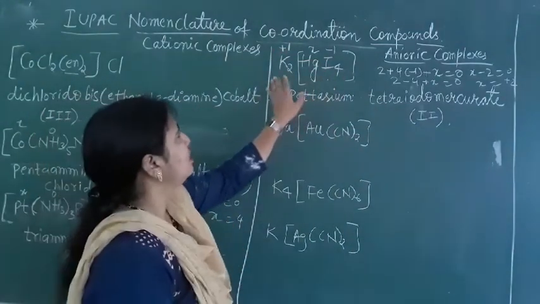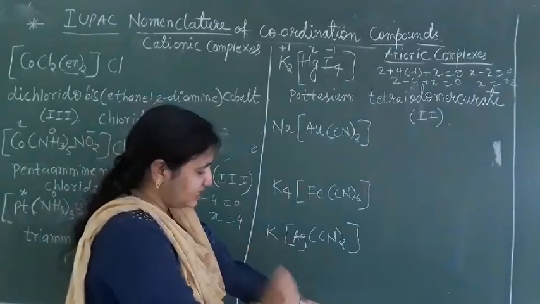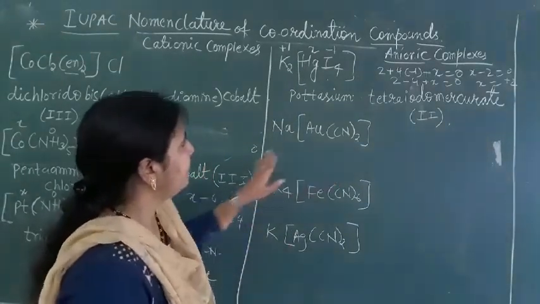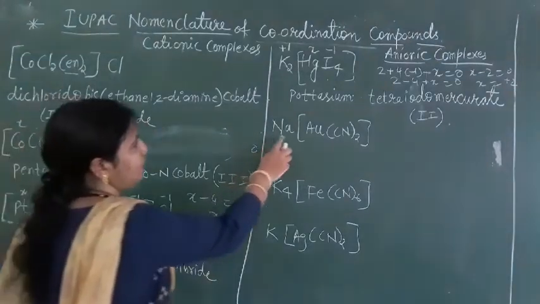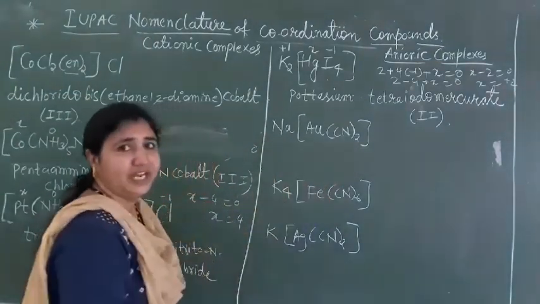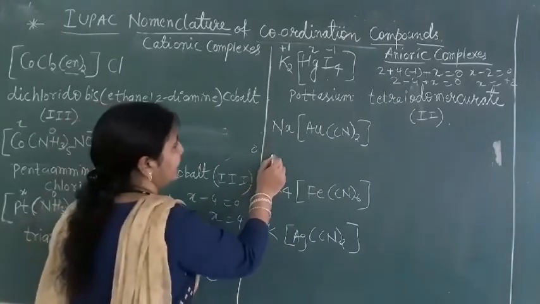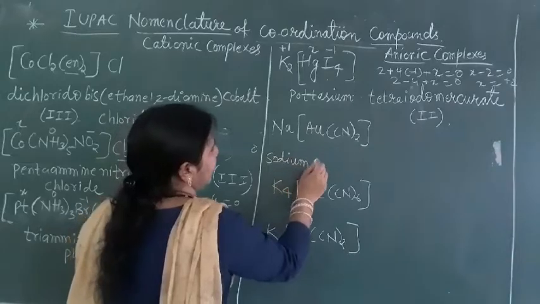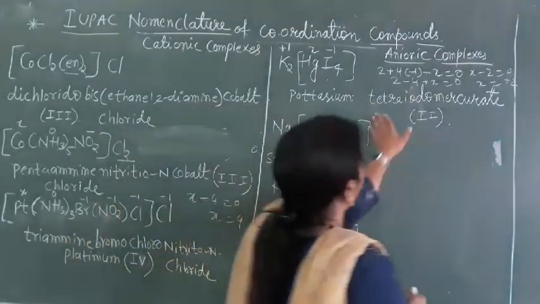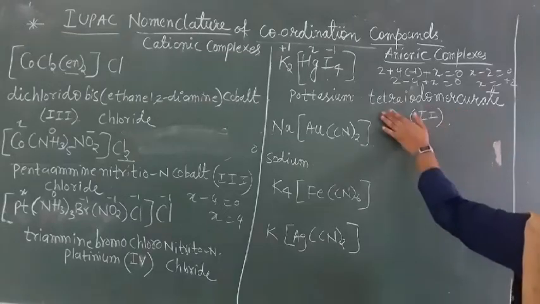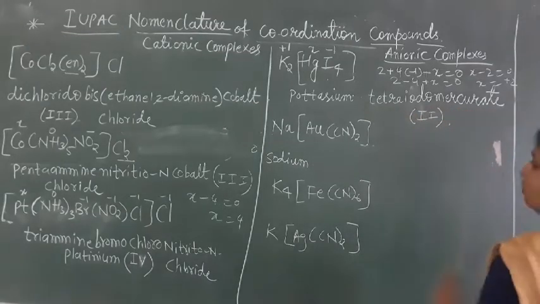Overall in the complex, how many ions and cations are there? Just take it and do it. Next, here we have the next one. This is what? Sodium. Sodium is what? Cation, and this complex is what? Anion. Okay, first we will write the cation name here, that is sodium. Now keep the gap here and write down this complex name. This complex name should be continuous. The ligand's name and the metal name should be continuous. There should be no gap here.